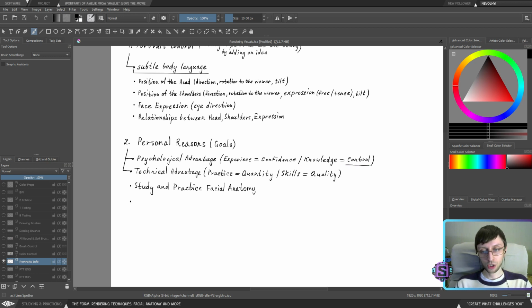I need to gain control of the knowledge in order to create quantity, so basically produce more work, and create better quality work. And there's always a balance between quantity and quality, and for now at the beginning we're going to go pretty slow.